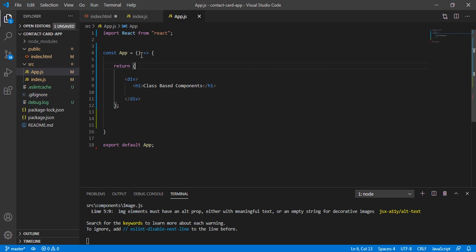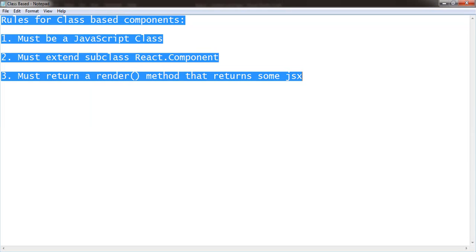And guys, right now you can see I've modified that contact card application code, and I've deleted all the files. I'm just using this app component, and that app component is a functional component returning some JSX. So that was the part with the functional component. Now I want a class based component. So guys, there are 3 rules to define a class based component. So the first rule is that